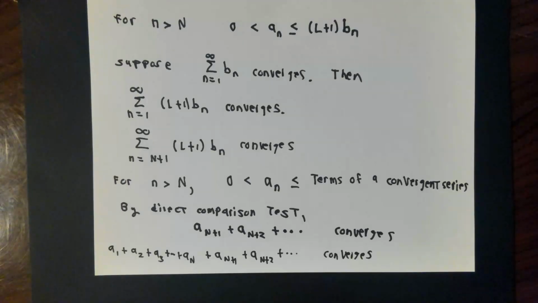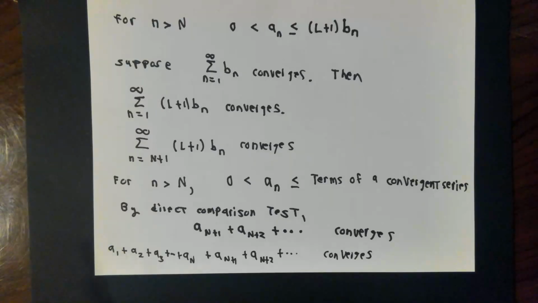If you're observant, you'll notice something here. I never have made use of the fact that L isn't 0. So in the setup so far, even if the L was 0, if the B series converges, so does the A. Before going on to the other half, I might as well look at the situation where the sum of